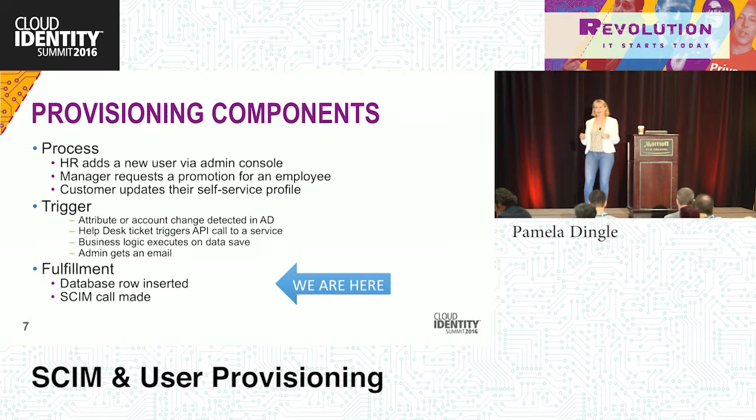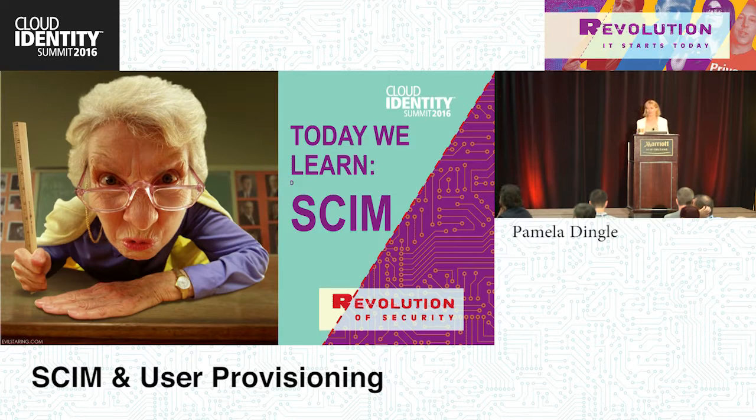So now that Active Directory, as an example, has been updated with this user's fantastic new married name, something has to go out. Something has to recognize that it's changed, and something has to then be called or executed in order to push that change out to all the places where it needs to be, replacing the original, now out-of-date, obsolete value. All right, so now we get to the fun stuff. We talk about SCIM.